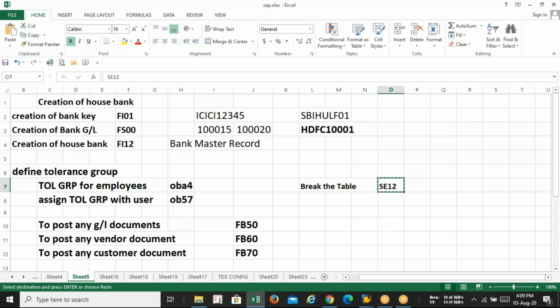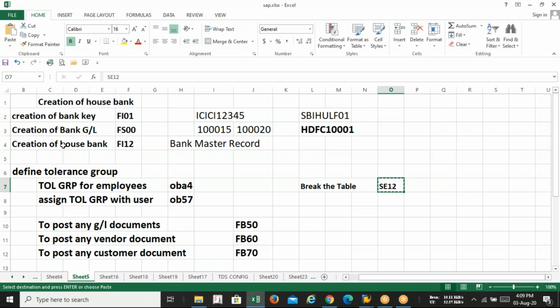Table creation is done by the SAP programmer, the ABAP consultant. ABAP is a programming language used in SAP, the abbreviation is ABAP. The ABAP consultants are responsible for creating and modifying tables.